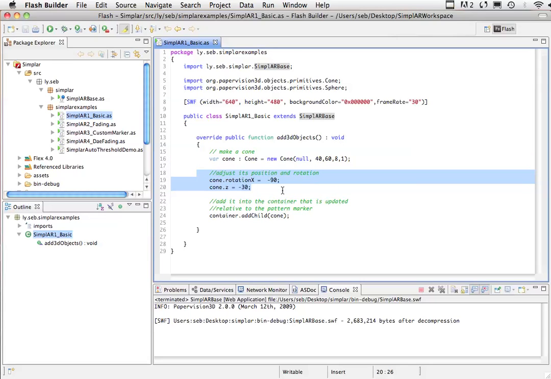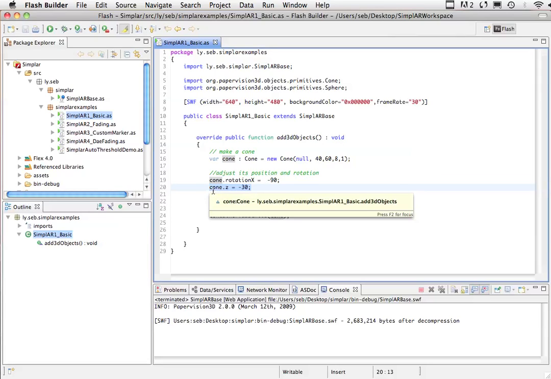rotation. Now the reason we do that is that by default the rotation of the FLARToolkit node and all the stuff inside it is as though the pattern marker were in a vertical upright position. So if we want things to actually sit on top of that marker when it's sat down on the desk, then you need to rotate it around the x-axis by -90 degrees. As cones are centered in the middle, and this one is 60 units high, we're actually going to lift it out of the marker by 30 units to make sure it sits on top of the marker and doesn't go through it,